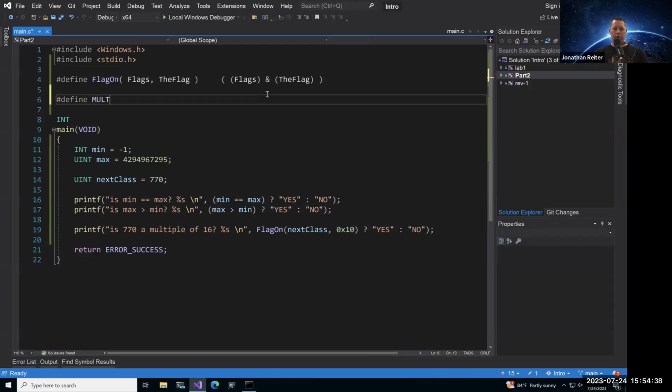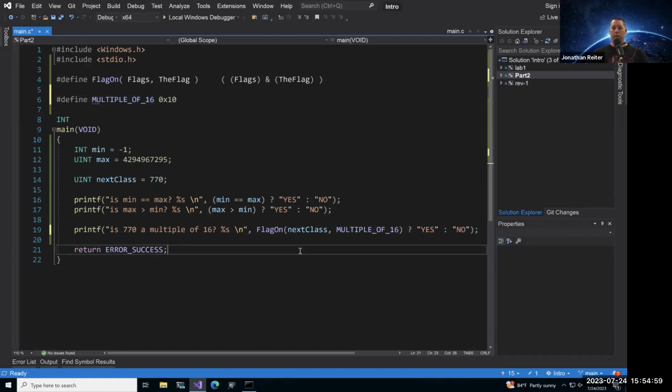And we say, is this a multiple of 16? And just 0x10. So what I can do now is take this constant and paste that in here. To me, that is a lot more readable. It makes sense. If I look at this code 3 years later, I know exactly what's happening here. This is just me, this is what I love to do. Y'all can take this, run with it, and bring this into your place as well, but this is what I love to do.